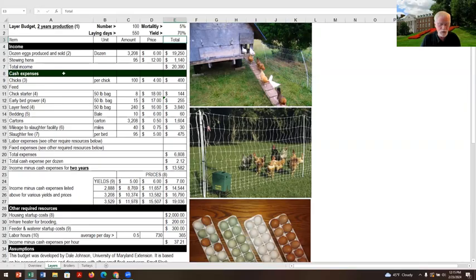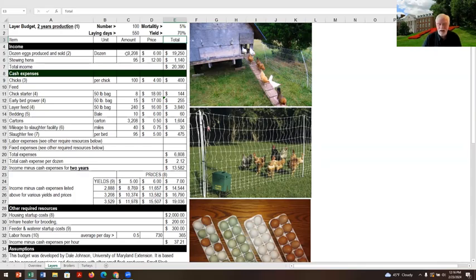All right, as I mentioned before, I'm going to raise these layers from chicks. And so I've got 100 chicks in there at $4 a chick, and I just checked on a couple of websites, and yeah, if I buy 100 layers, I can get them for $4 a chick right now. But see, I did my homework. You got to figure out, maybe you can get them cheaper. That'd be great if you can get them cheaper, or maybe it's going to cost you a little bit more. So you got to do your homework. Where am I getting my chicks from? And of course, all this gets back to, what breed am I going to have?